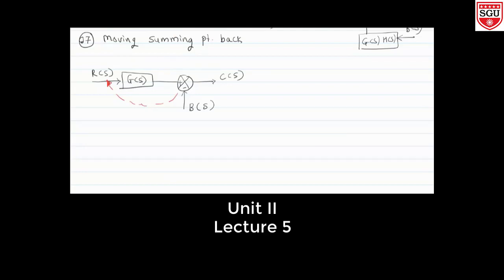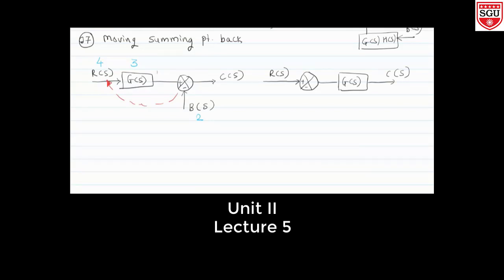So what do you think? Let's see it example-wise, so that you will understand what I want. R of s will be there. From R of s, I want a summing point, and after that there will be a functional block, and there will be C of s. And I have to make the arrangements. So for that, I will choose R of s as 4, G of s as 3, B of s as 2. So what will be the conclusion from this?